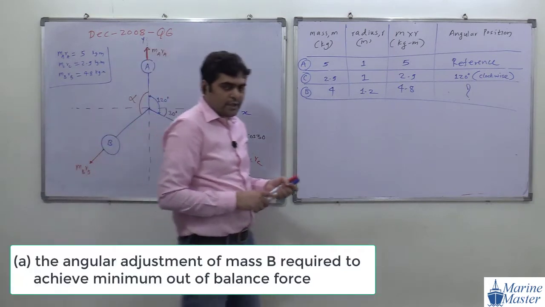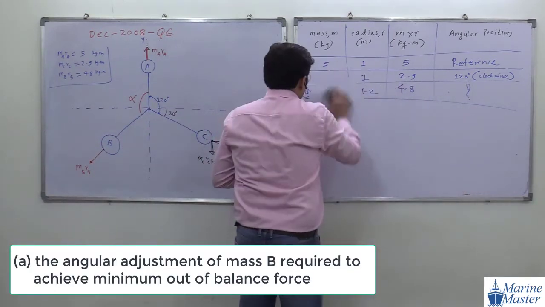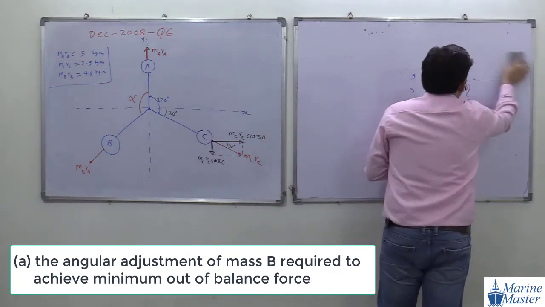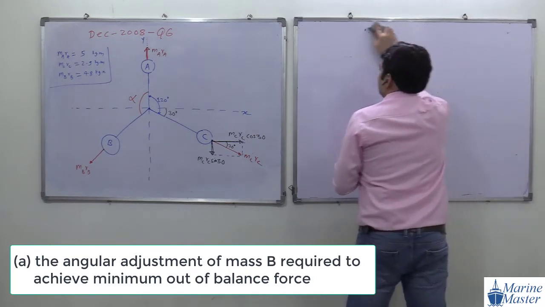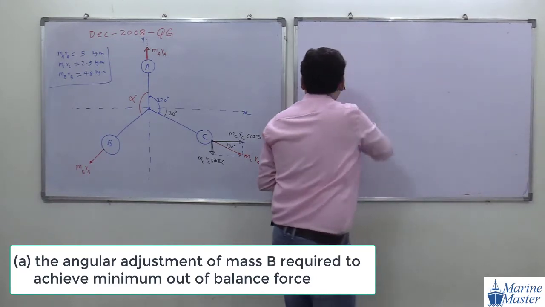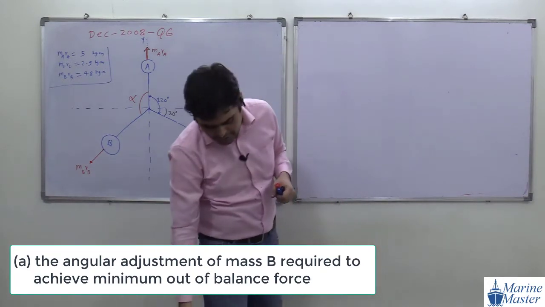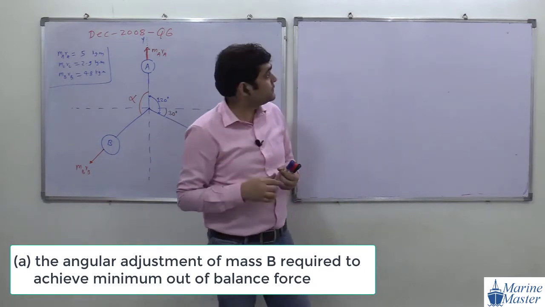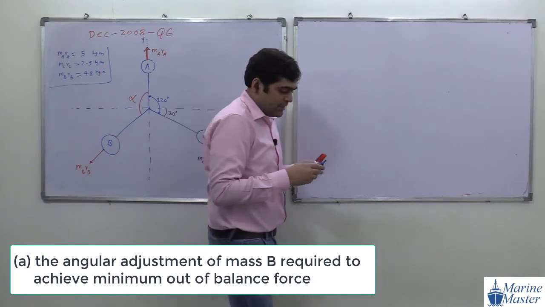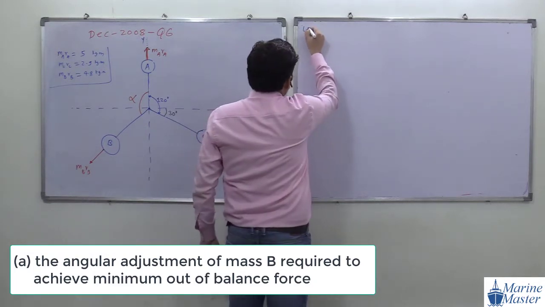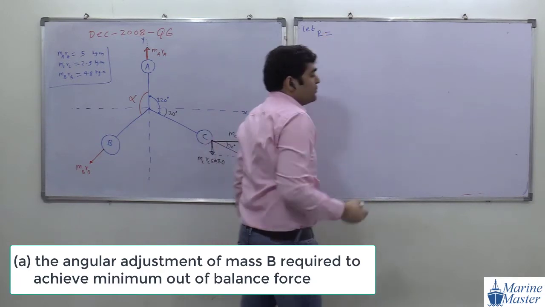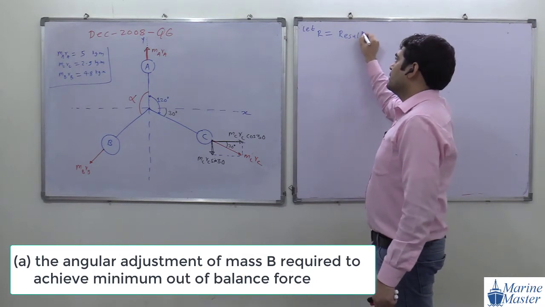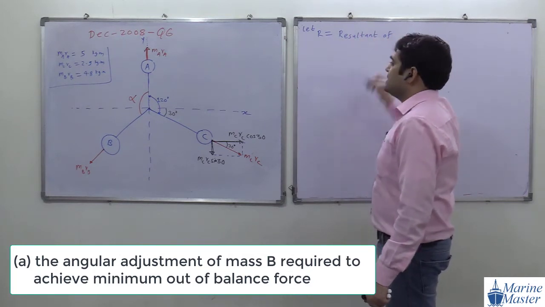Now try to see the scenario here, guys. What is our target here? Our target is very, very important to us. The coming discussion is very important and a little bit confusing also. Sometimes I may not be able to explain properly, but don't worry, I will explain a lot of times so you may get a lot of points. If you have any doubt, ask me. Okay, so see the point here. Let R be equal to the resultant of what? What is meant by R? Resultant of what?